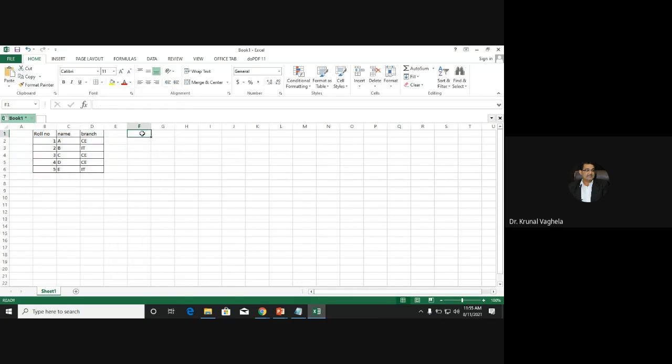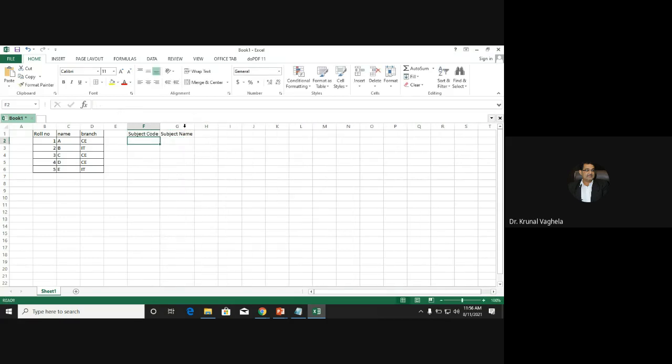Consider a second table with subject code and subject name: S1, S2, S3.